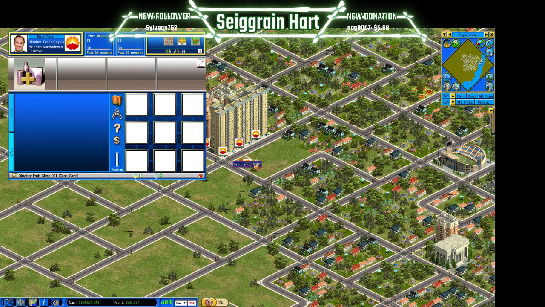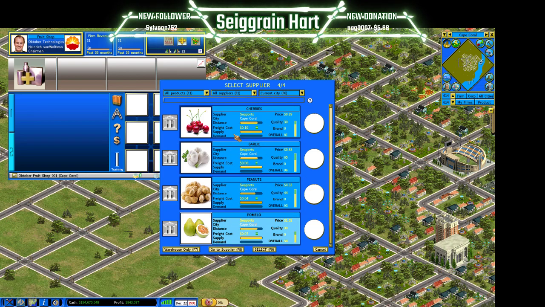This is going to be empty for now. It's not. We could do a second floor. We could potentially do a second floor. For now,